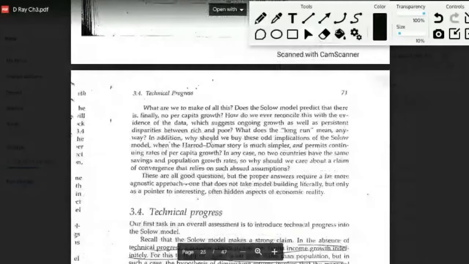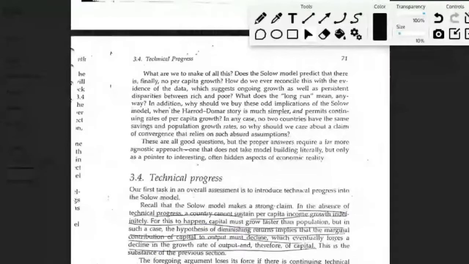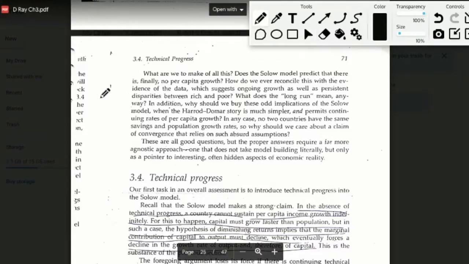Right. So if that is the belief we have from the Solow model, then how do we explain the disparities that we see in the world today? How do we explain the differences between the rich and the poor countries? Also, does the Solow model predict that there is finally no per capita growth rate? Does the Solow model say that the long run growth rate can only be witnessed in capital Y and that will be equal to the population growth rate? So, are we saying that small y, which is output per capita, has no factor that can affect its long run growth rate? Is that what the Solow model predicts?